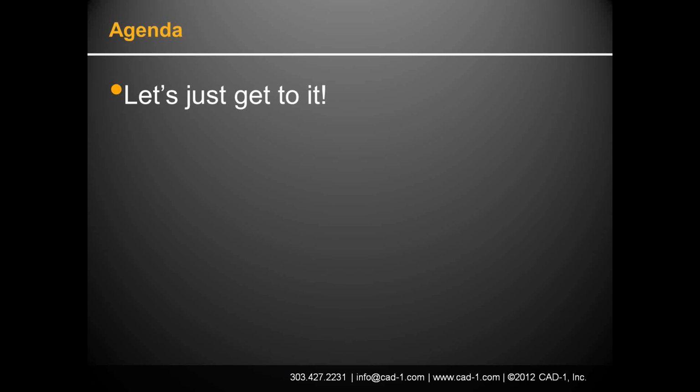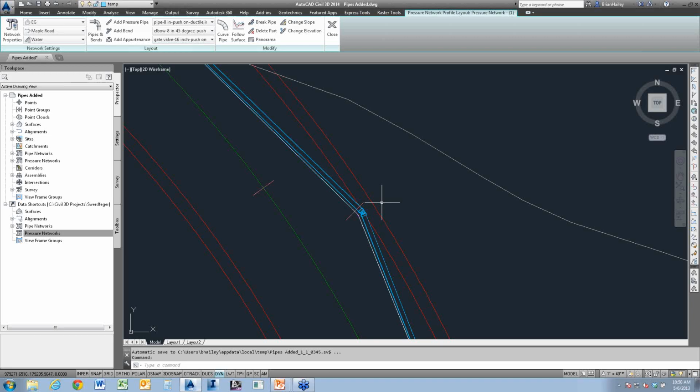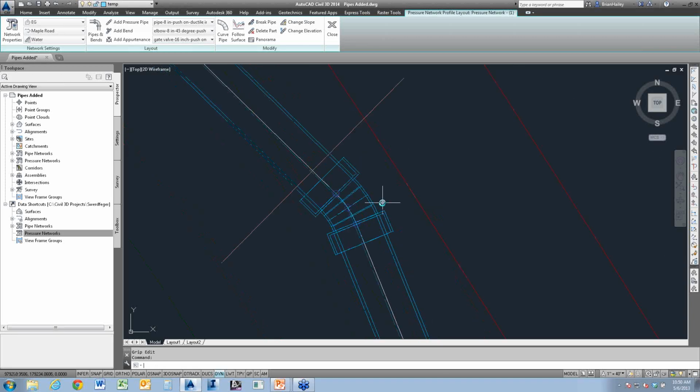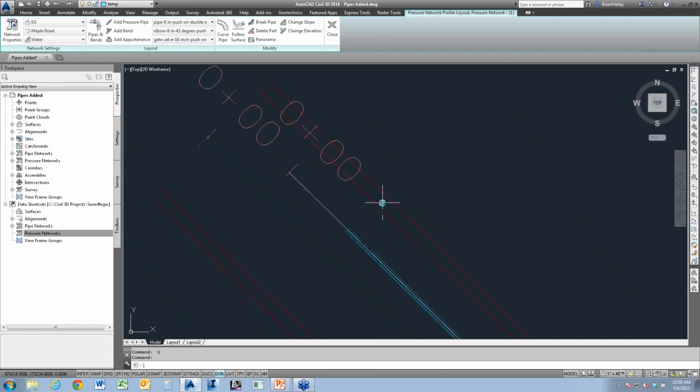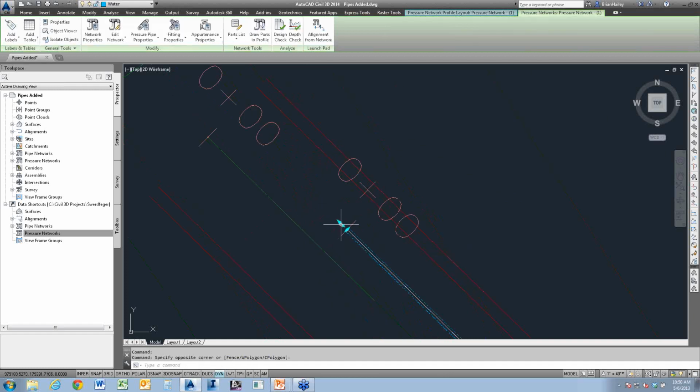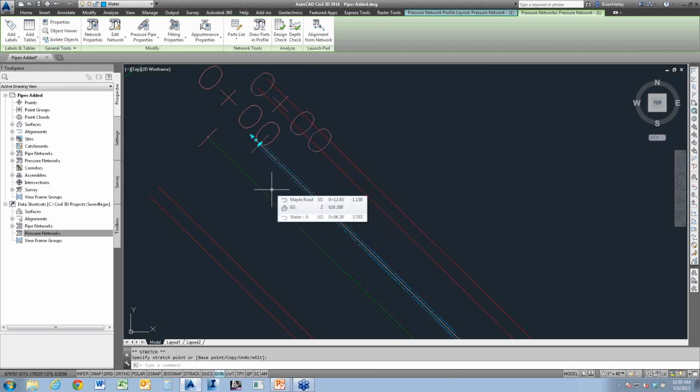There's another one from Mark. You want me to read it? Sure. How would you go about extending a network pipe first and then alignment? Yeah, so how would I go about extending a network pipe? Yeah, so basically what I would do, let me get this back so it's linked up again. So if I wanted to extend the pipe, I could just grab the pipe and I can extend the pipe itself. And then the alignment goes along for the ride. So hopefully that answered your question.